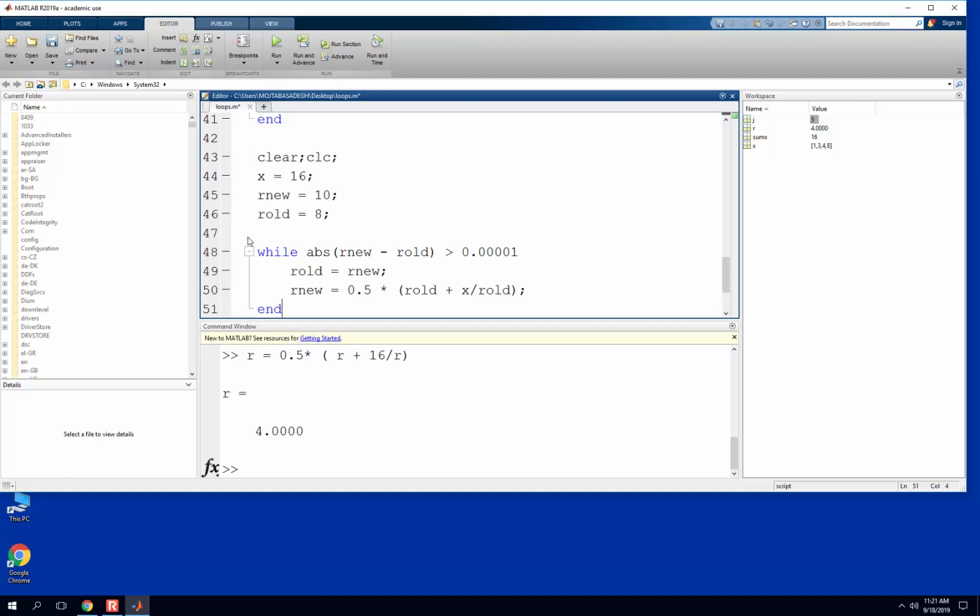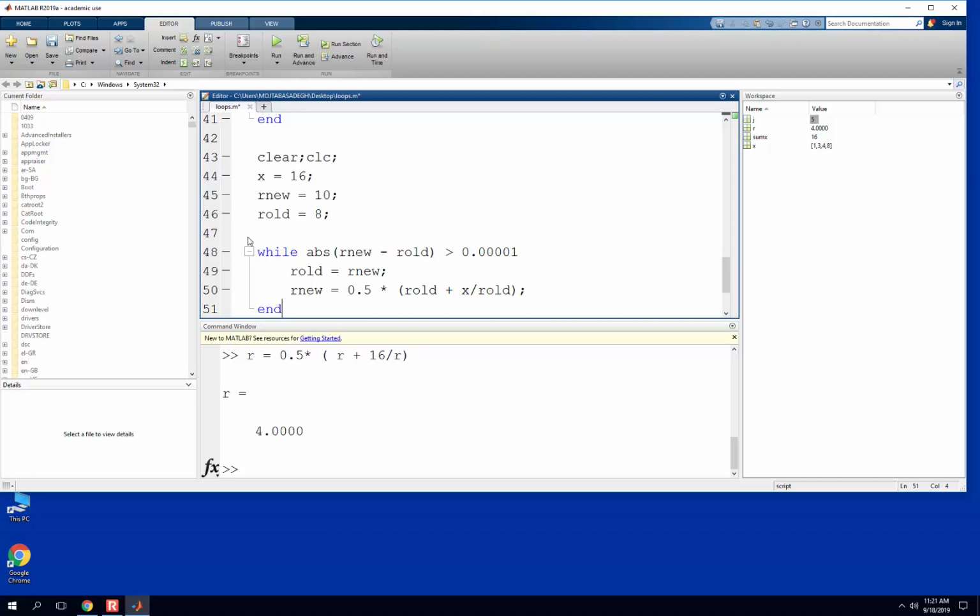If they merge, the difference is going to be really small. So that's what I did here. I want the difference between the new one and the old one to be very small. So while their difference is more than a certain threshold, and that threshold is arbitrary, so you can put whatever you want,